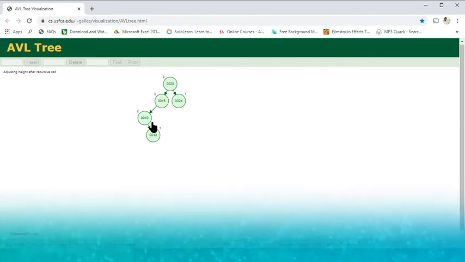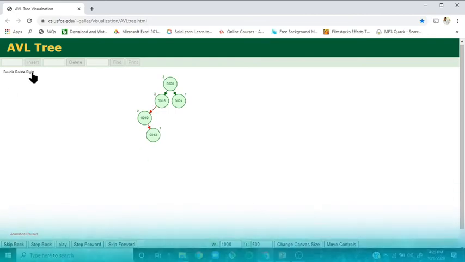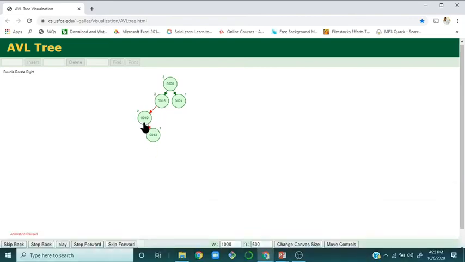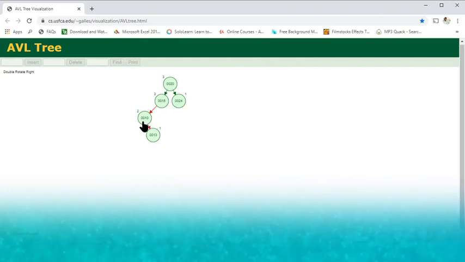Remember this visualization, it won't go step by step. It takes a 2 rotation immediately. You can see double rotate to the right side. First go for left rotate and finally go for right rotate. If you do so, 10 will go to the top and 13 left side, 15 right side.